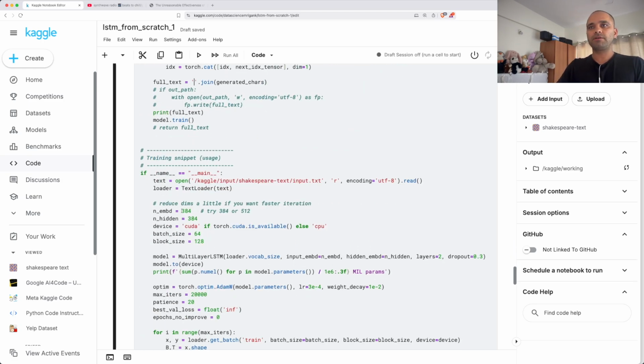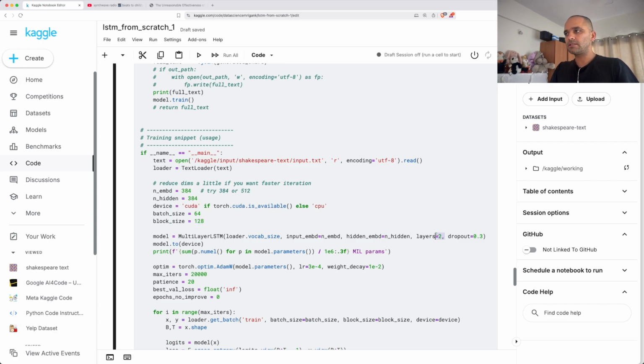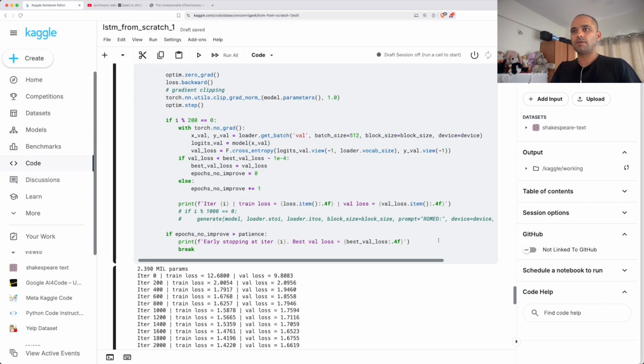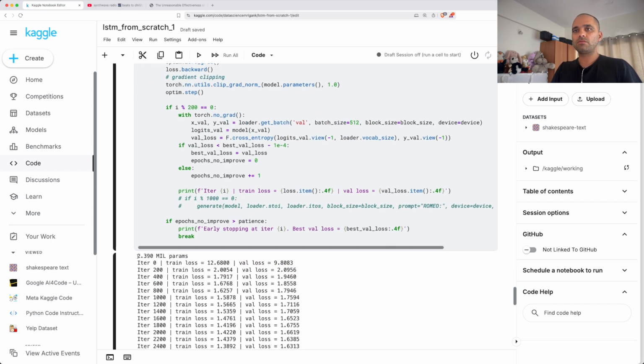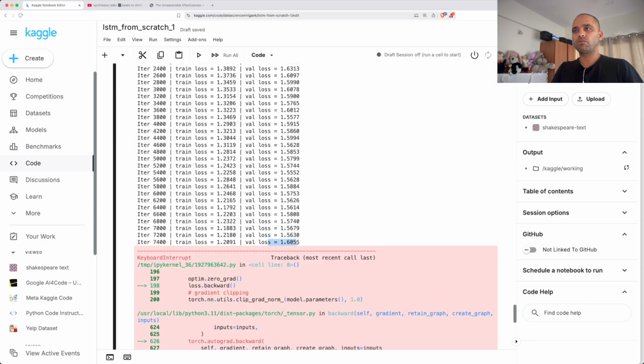So this model we trained with 384 dimensional embedding input size and hidden size. Batch size is 64, 182 block size. Two layers, dropout of 0.3. Our model, with 2.3 million parameters, was able to go down to a 1.60 validation loss, and